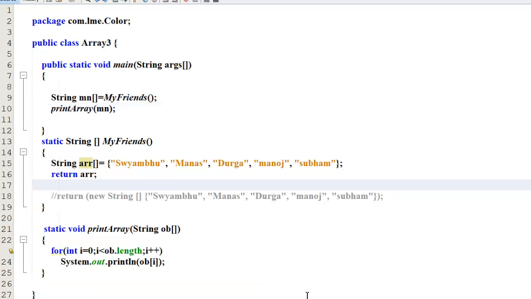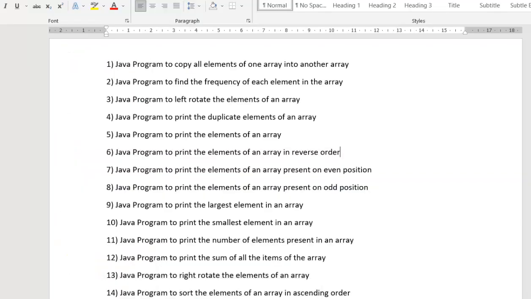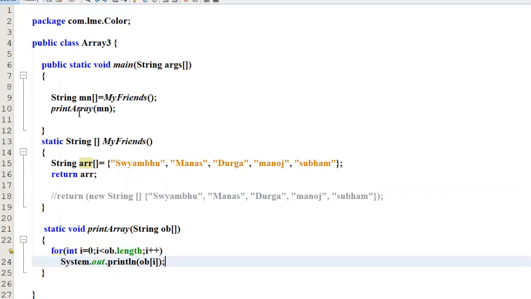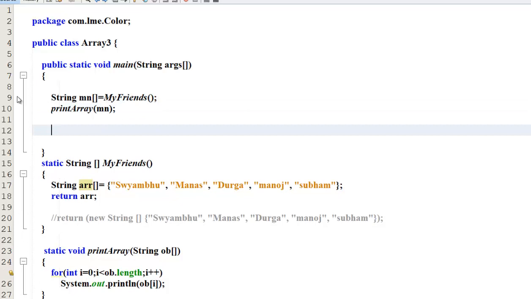I hope that you are able to get these points, right? Now find class. So here only we have created an array and we will not create one array.